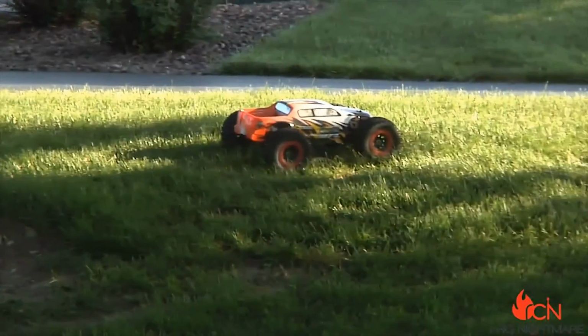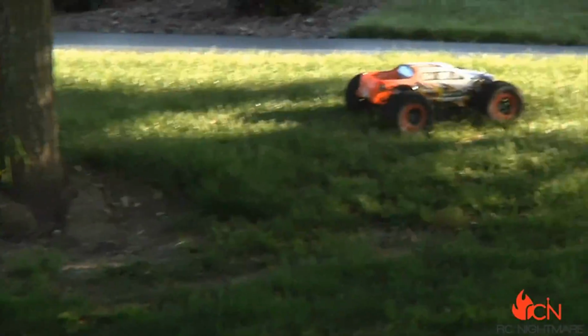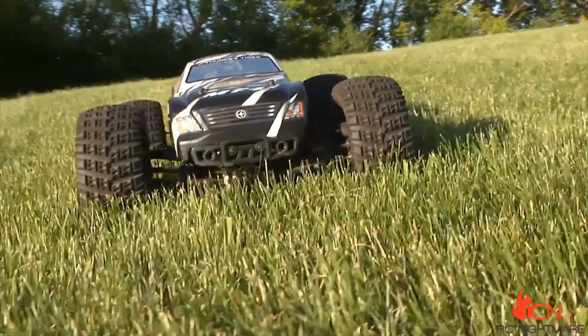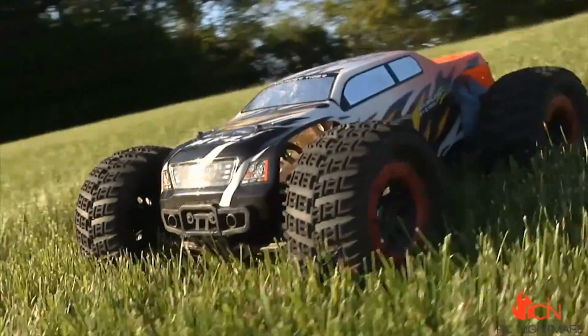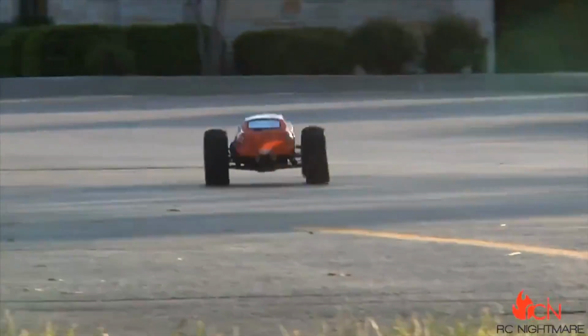I mean, there are some small things about it that you might not like. Like obviously the shell looks really outdated, and there's not a ton of options in aftermarket Lexans, but there are some. But the Thunder Tiger MT4 G3 was actually sent to me